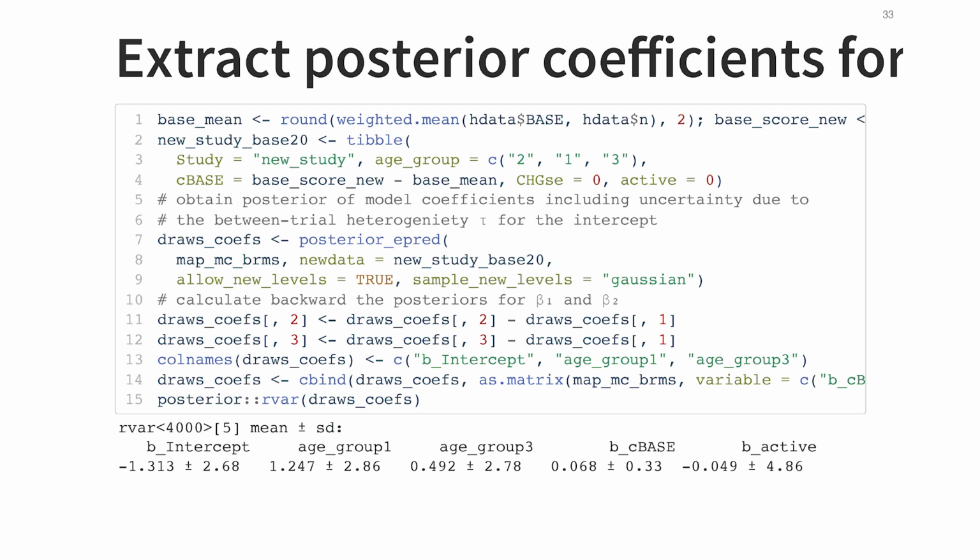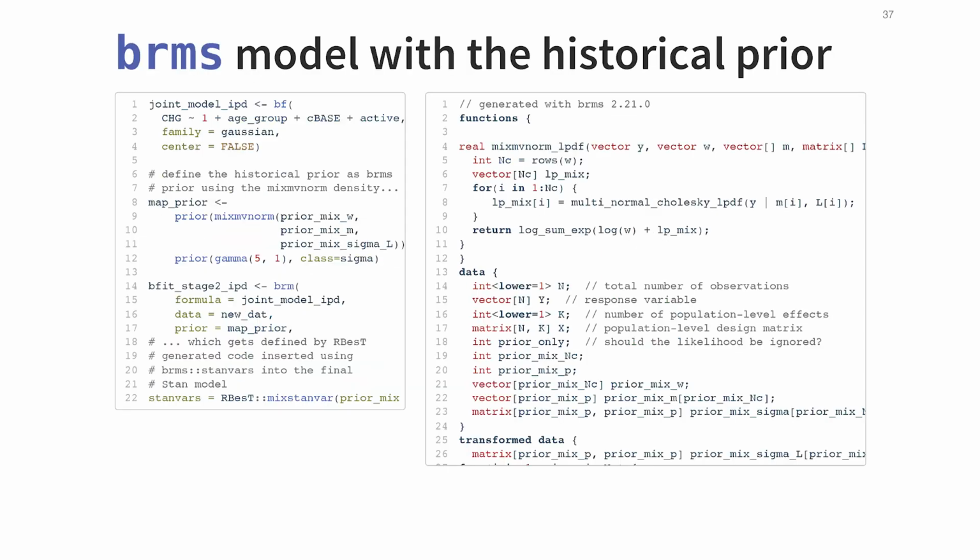And this is now the final BRMS model. This is Stan code, so some Stan code obviously is due. This is now the basic phase 3 model, as I've written it down before. One more important thing to note is I have to set center equal to false, because otherwise BRMS would center the covariates for me and essentially change the meaning of my priors, which I definitely do not want when I control exactly what my prior is.